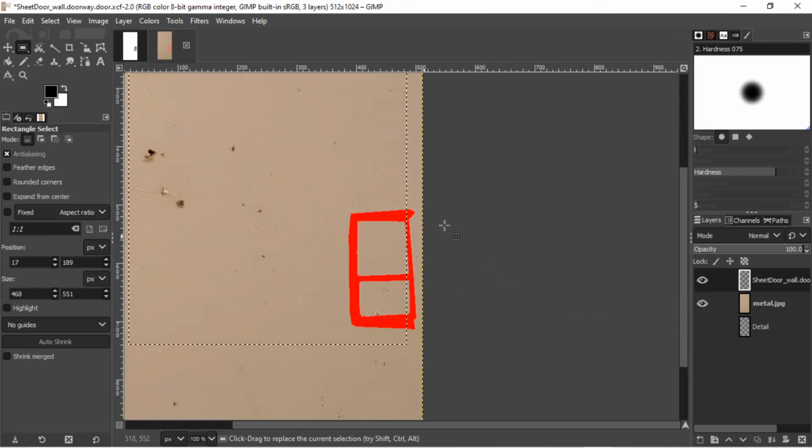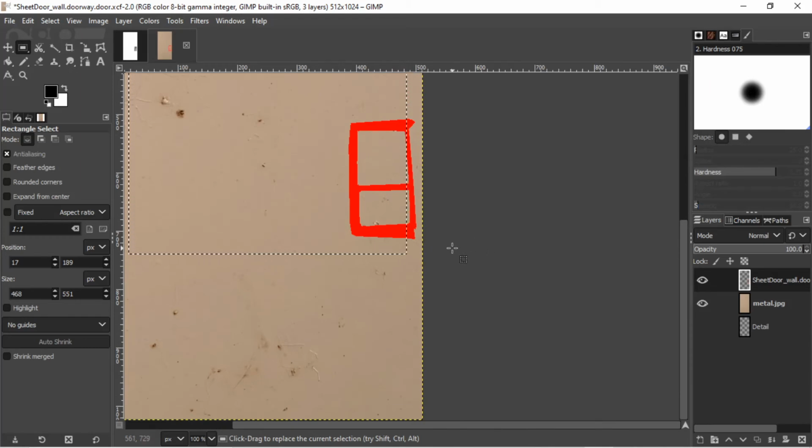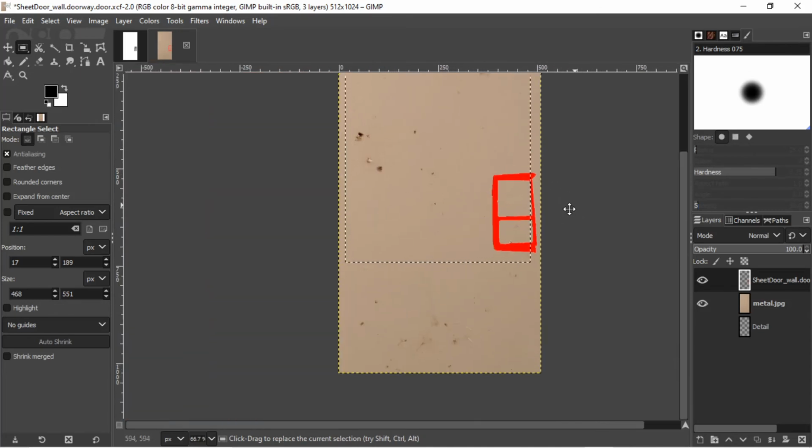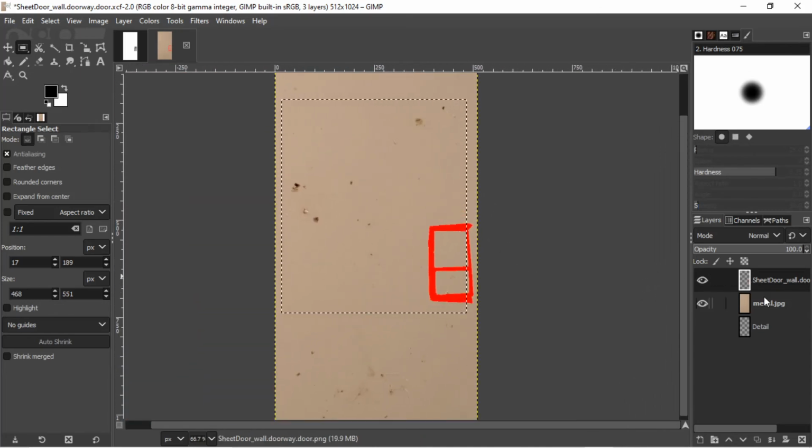And this is the rest right here, obviously. So that's the inside. If we make that like so,